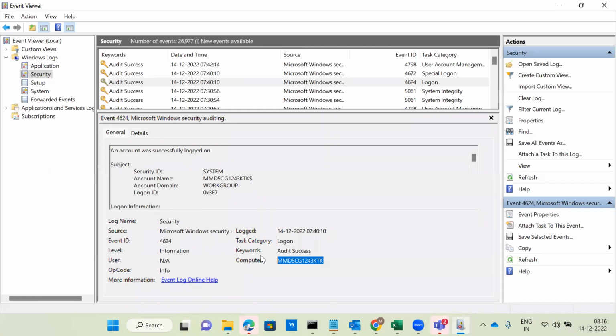Now we have to go and do the incident investigation, whether this attack is done by our internal user or an external attacker. So first you have to classify the incident. Here, if an internal employee is trying to do the attack, in that scenario this is called an insider threat.